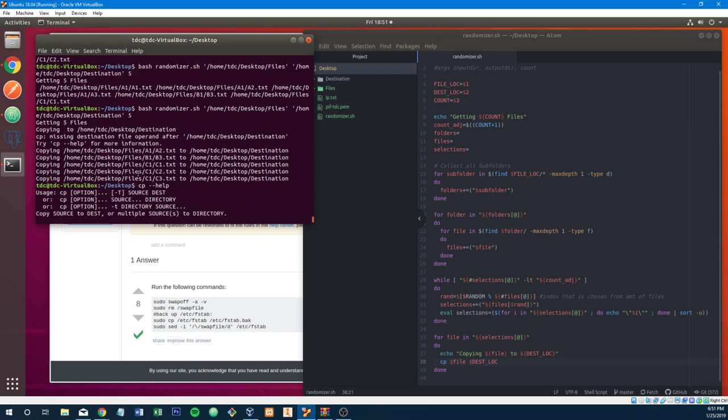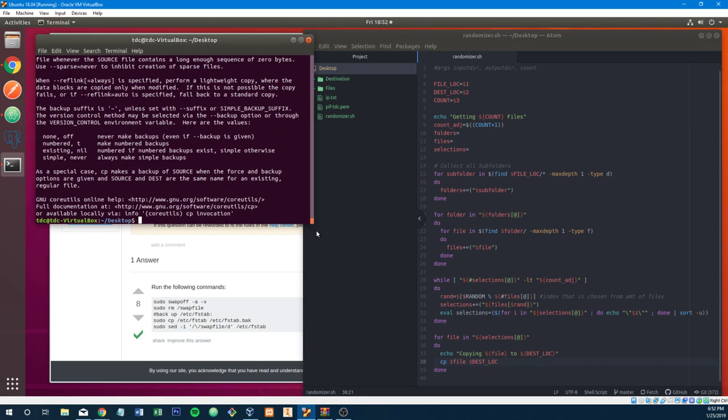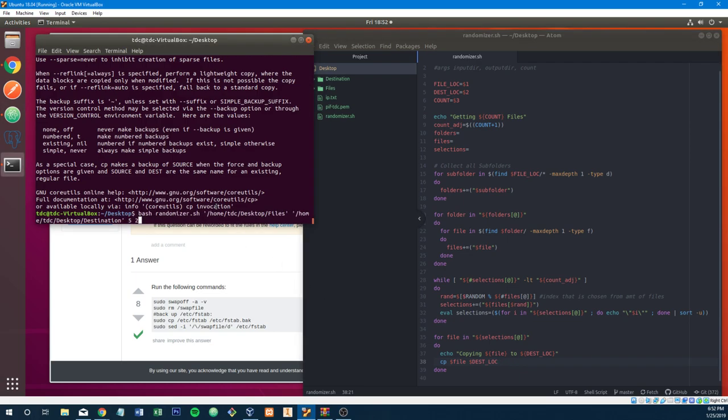How would you take the entire array of files and CP the entire thing to a destination location? There's apparently, according to the docs, a way to do it: you type in CP, then you empty out the entire array and then you do -T to the directory source, which is kind of cool. I'm not going to do that right now, but I really recommend that you do it. What I'm going to do instead is probably not the best practice thing to do, and just do